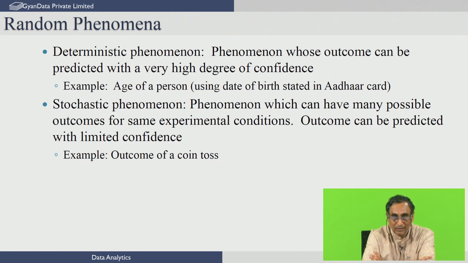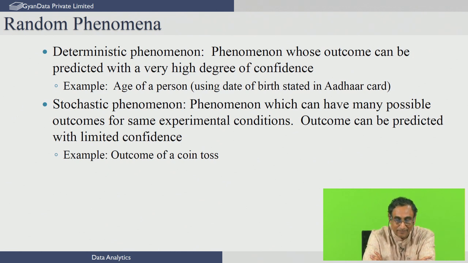For example, if you are given the information about the date of birth from an Aadhaar card of a person, you can predict with a high degree of confidence the age of the person up to, let us say, number of days. Of course, if you are asked to predict the age of the person to an hour or a minute, the date of birth from an Aadhaar card is insufficient. Maybe you might need the information from the birth certificate, but if you want to predict the age with higher degree of precision, let us say to the last minute, you may not be able to do it with the